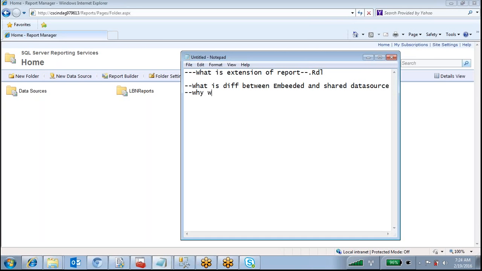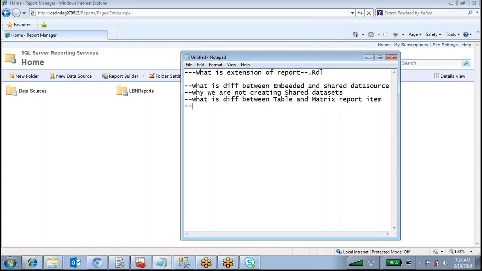Why are we not creating shared datasets? And the next one is, what is the difference between table and matrix report items?